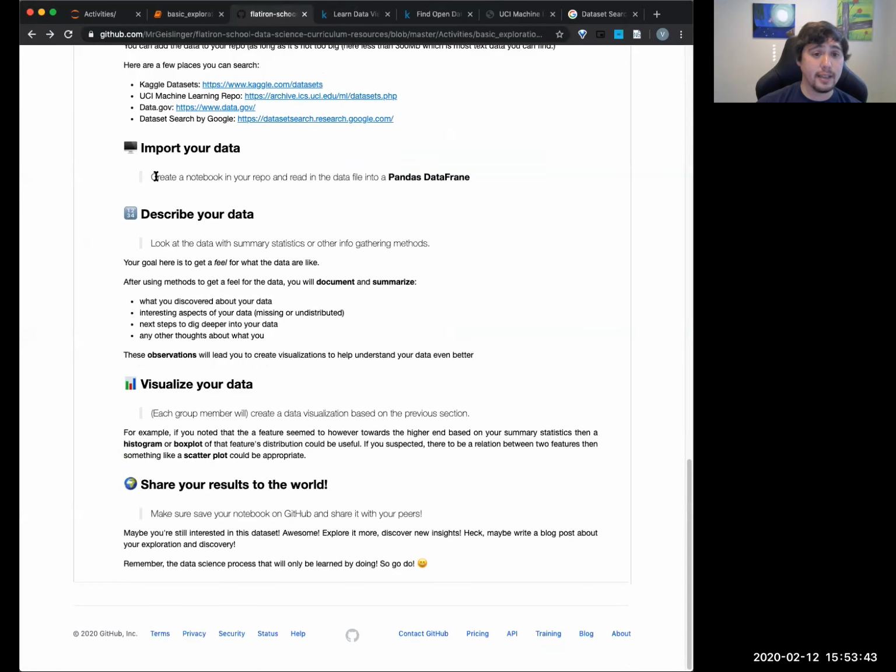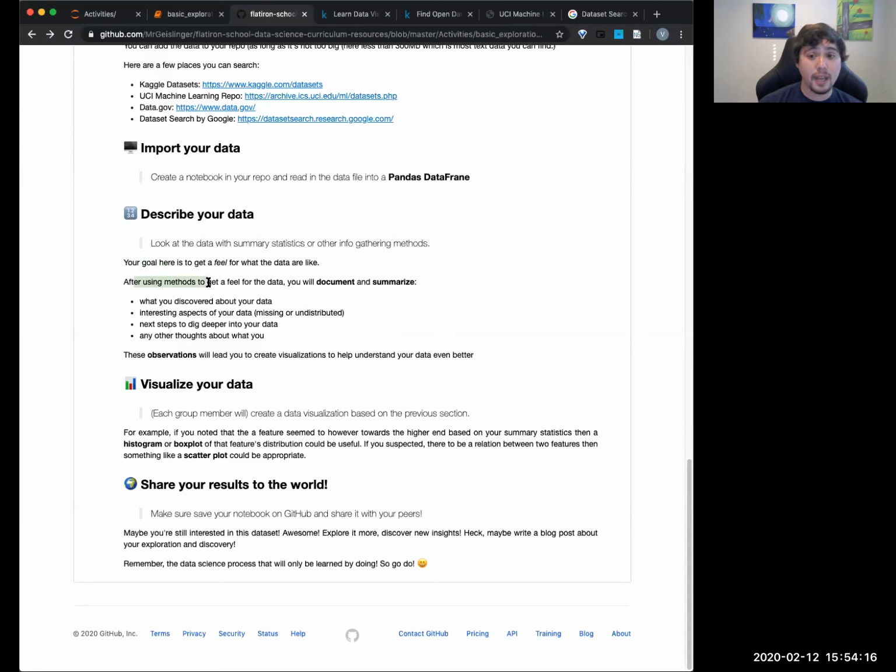After you download this data, you're going to import it in your notebook, whether it's a CSV or otherwise, making sure you import it correctly. Once you have that, you should have a data frame, and your goal is to describe your data. You want to get an understanding of how it feels, what it looks like, and what this data represents. Things you can use are df.info, df.describe, and you can look at specific parts.